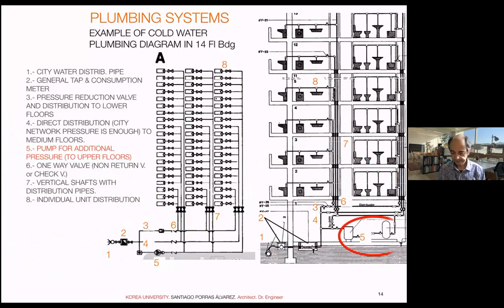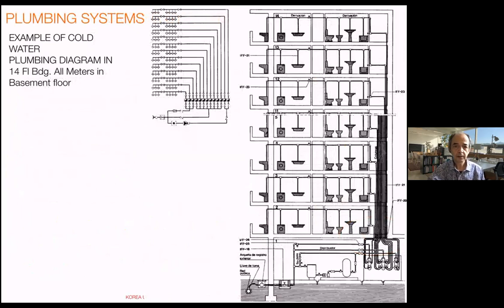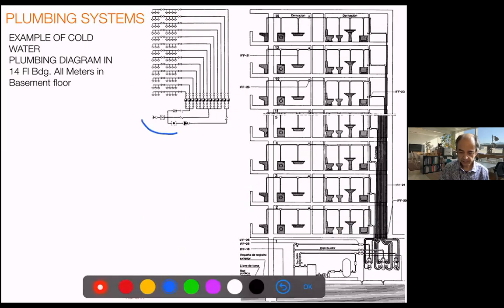Let's continue. So it's the pump system. One more practical system is also the three difference depending on the pressure, but you have all the counters in a room, right, in a mechanical room. So from the counter, you have just one line for each apartment of each unit. So you have a bigger shaft, but you don't need to go to each house to see the counter.